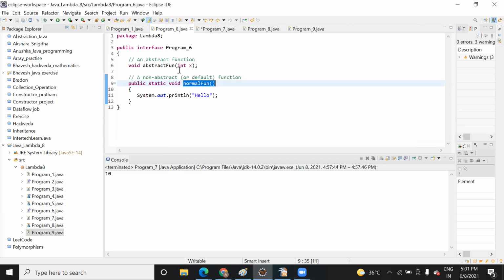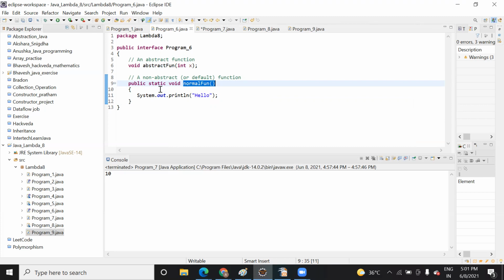You might have, at the start of the class, declared public static void main, and inside that we simply print it. We don't create an object, but even then it runs. Why does it run? Because that is a static method. It belongs to that particular class. And if you remember,